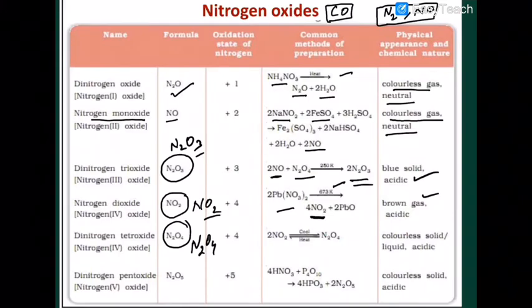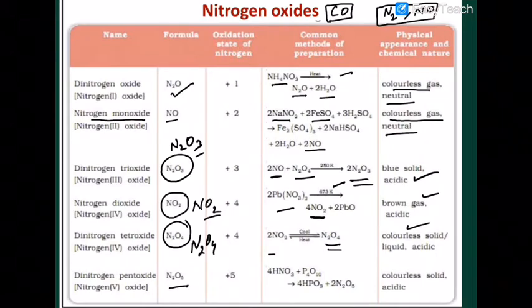When NO2 has been prepared from lead nitrate, it is cooled by placing it in very cold water or ice cold water. You will get the dimerization of the gas and it becomes a colorless liquid or colorless solid after some time. N2O4 is a dimer of NO2, so the only difference is in paramagnetic and diamagnetic behavior: NO2 is paramagnetic and N2O4 is diamagnetic in nature. Other than that, all other properties are similar.